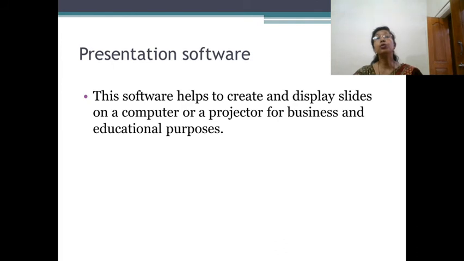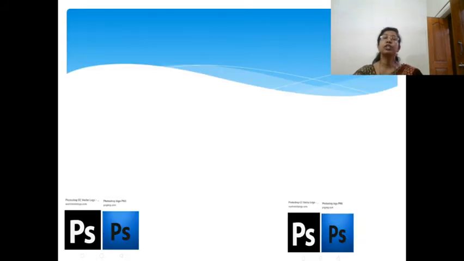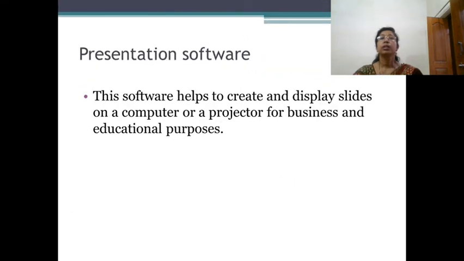Then we studied about presentation software. It is used to make a presentation. You can create and display slides on a computer or a projector for business and educational purposes using this software. Examples are MS PowerPoint.